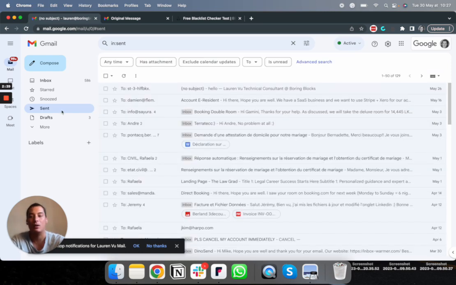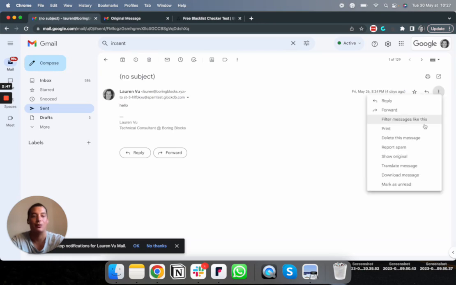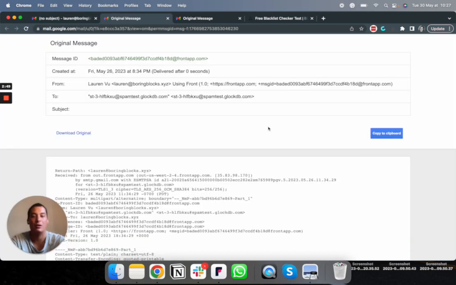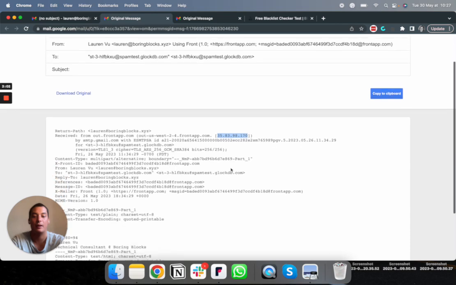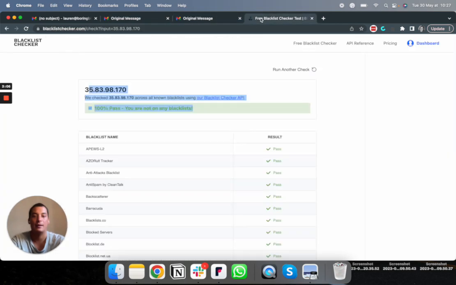So on Gmail, you can just go to the sent folder and look at one of the emails that you sent recently. And then you're just gonna click on the three little dots, show original, and copy paste the four numbers separated by dots here. And then you're gonna copy paste this